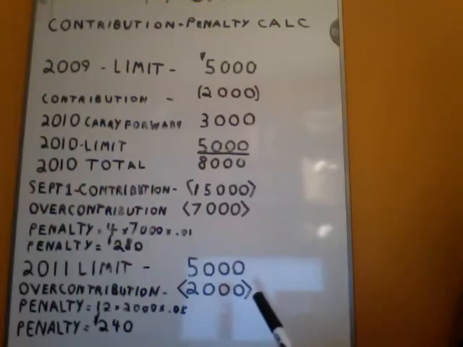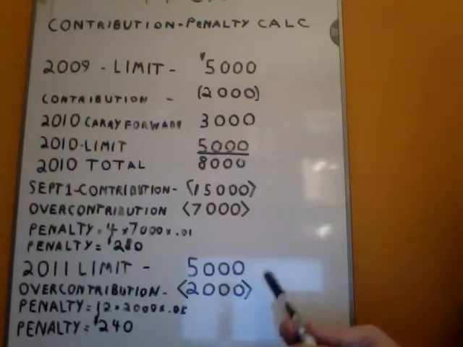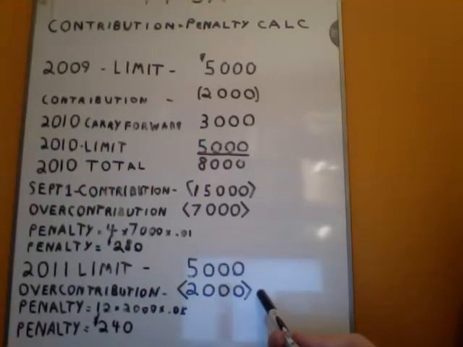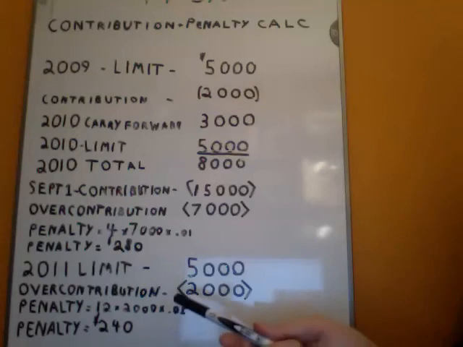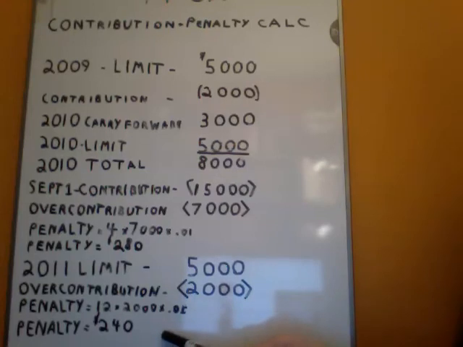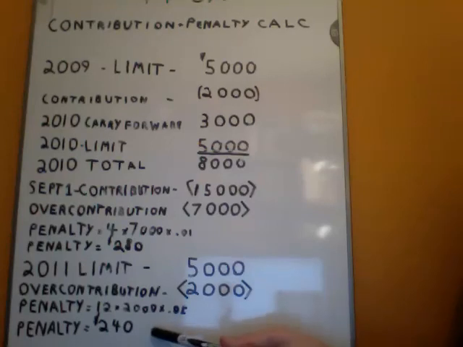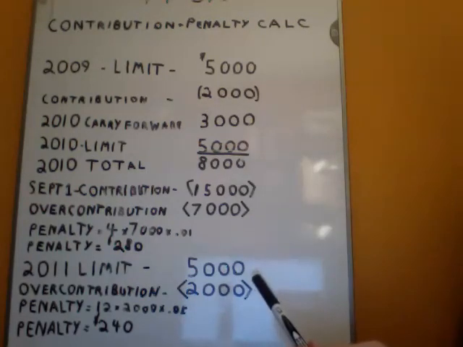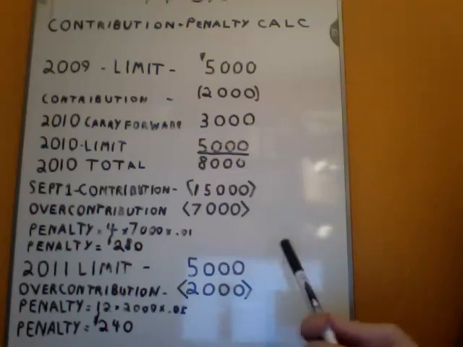Now, in 2011, he's developed $5,000 more of room, so that eats up some of the $7,000. He's now over contributed only $2,000 for the 2011 year. Say he doesn't make any withdrawals, he just leaves it as is to wait until the next year to clear it up. Well, his penalty for 2011 would be 12 months times $2,000 times 1%, equaling a $240 penalty. If that penalty is not paid by June 30th, 2012, add on another 15% to that $240. So that's how the continuity of contributing to a TFSA works and how penalties are involved in over contributions.